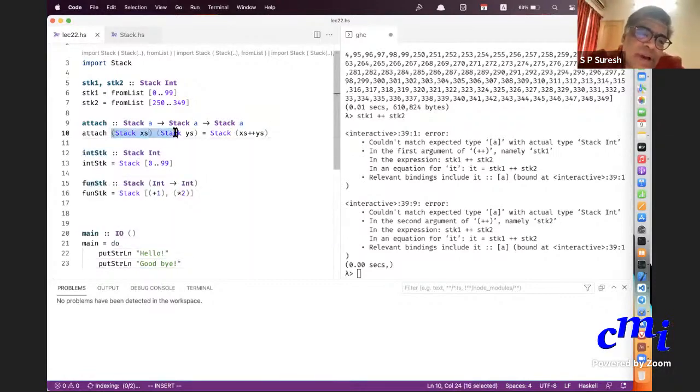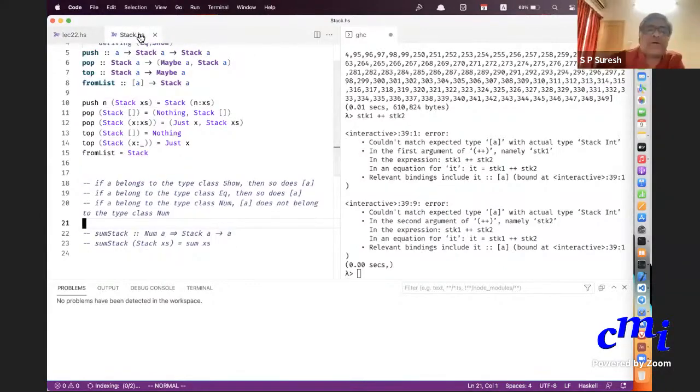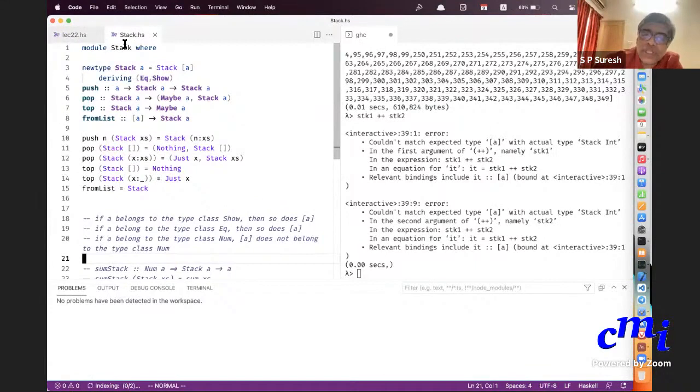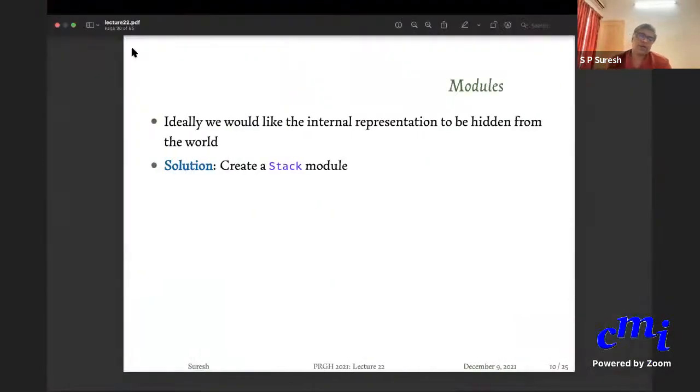Remember that the main thing we wanted to do was hide the fact that stacks are nothing but lists underneath. But we are still exposing that. So you need to control this in the module Stack itself. When you declare the module, you should say what all can be exported and what all should be hidden. That is the real point.